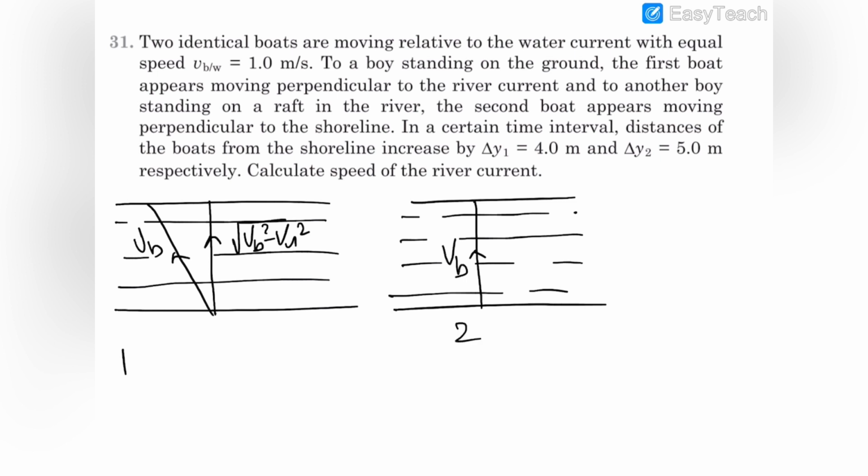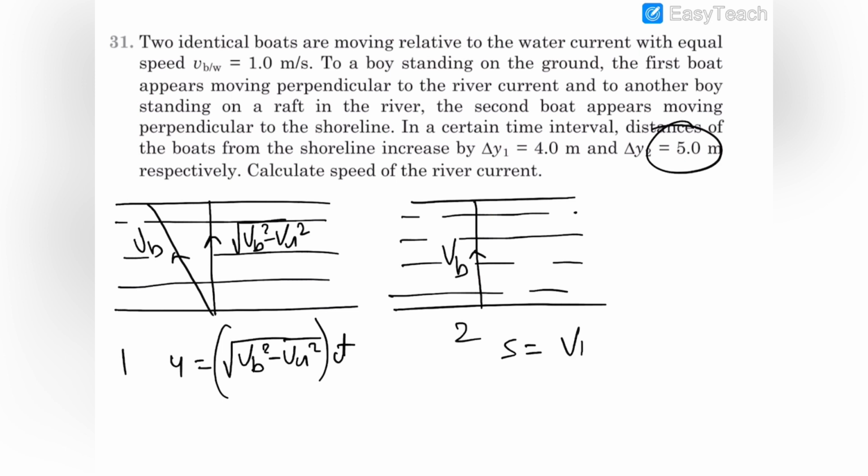Okay, this is boat 2, and they are found to be at a distance of 4 meter from this point in y direction, and this is 5 meter in time t. So we have to find out the speed of the river current. For this boat the distance y is 4, and 4 will be equal to under root VB square minus VR square multiplied by time t. And for this boat, 5 is the y coordinate,